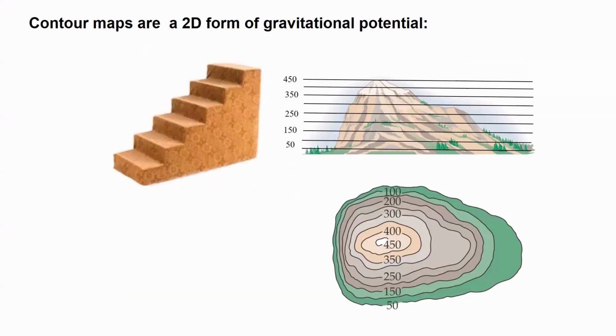And if I can go to the next slide. Yeah, that's where we were. And again, I was just saying, the equal potential lines are always perpendicular to the electric field. And in this case too, these contour lines are always perpendicular to the gravitational force, the gravitational field, if you want to call it that. For instance, if you were to place a ball near the top or on the side, initially it would begin to fall